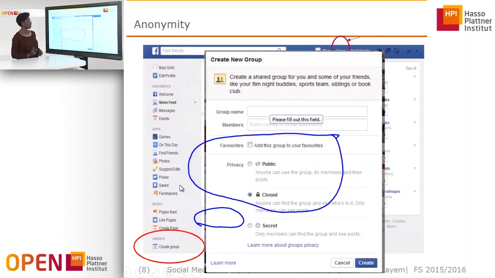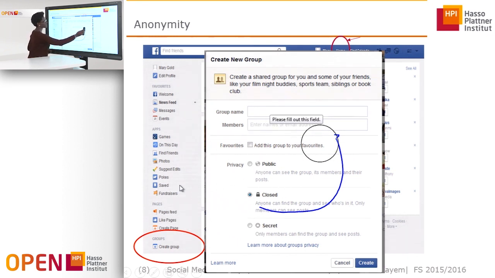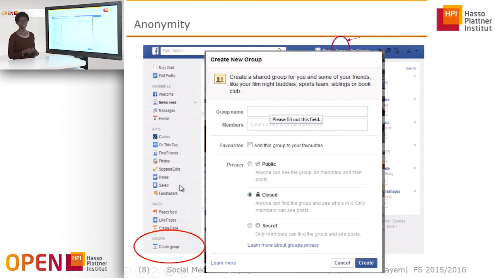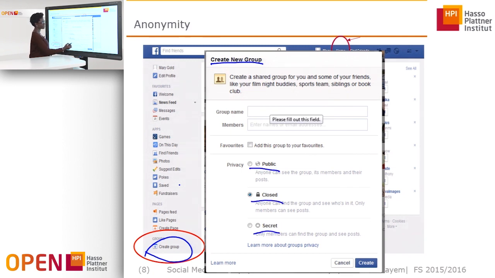Okay, so in order to create closed groups, as we talked about when we talked about preventing de-anonymization attacks, Facebook has the nice feature that it allows you to create new groups. So with this feature that I just showed you in the previous slide of creating a group, you can create a group that is public, that is closed, or that is secret.